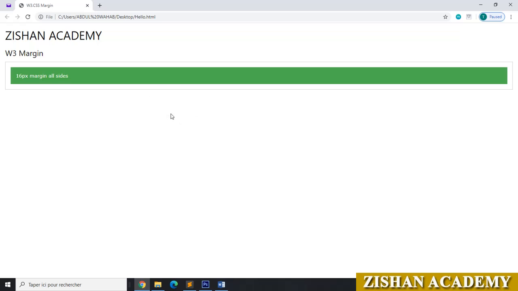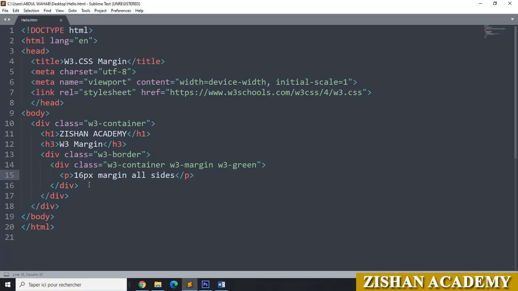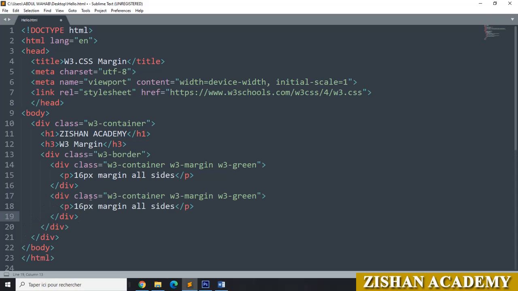Now we'll go for second container and we will see the difference. We'll go to the Sublime Editor. Just copy this one, this container, go for paste.